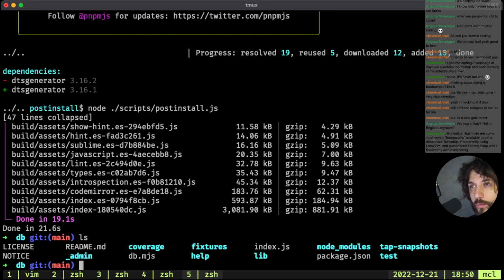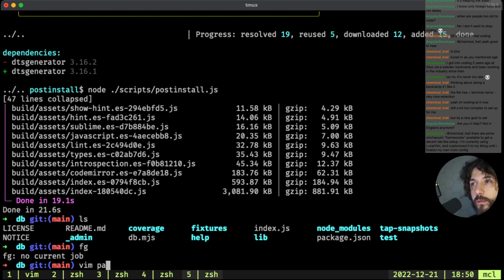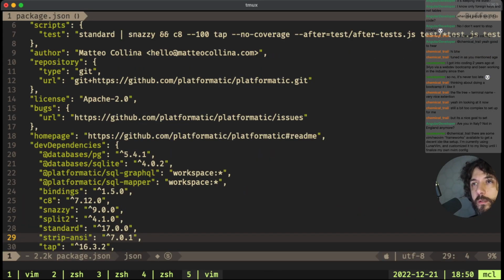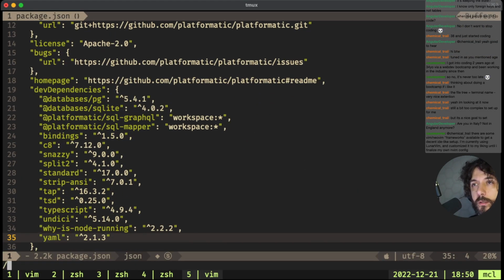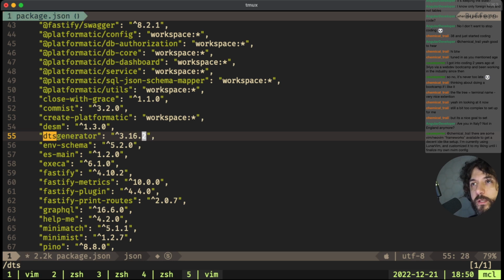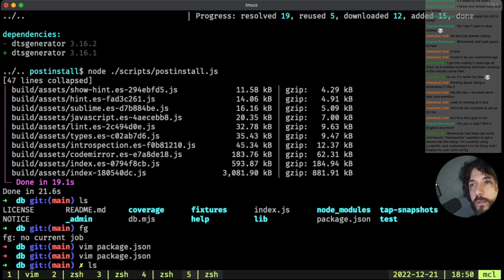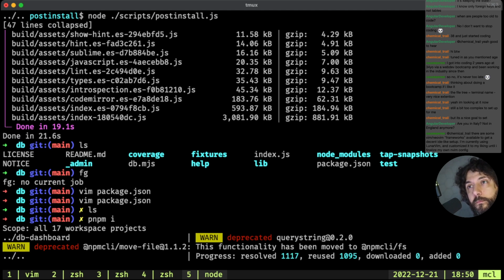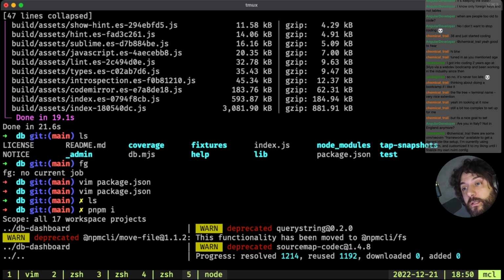Let's do one little change here. This is a fix. It has a lot of dependencies, this stuff.